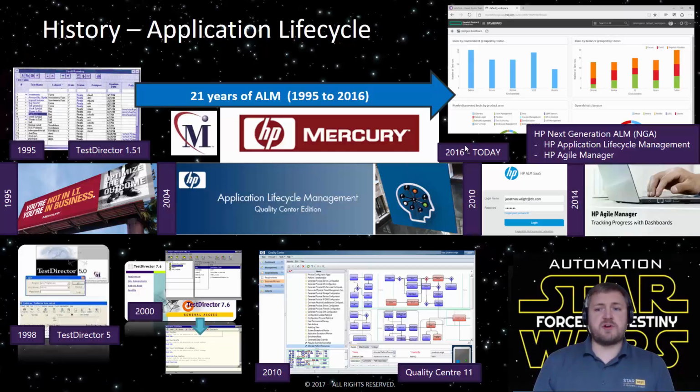That's now moved from Agile ALM to Agile Manager, and then more recently, Hewlett Packard Enterprise Octane. But this is just an example of how over 21 years things have changed and progressed.